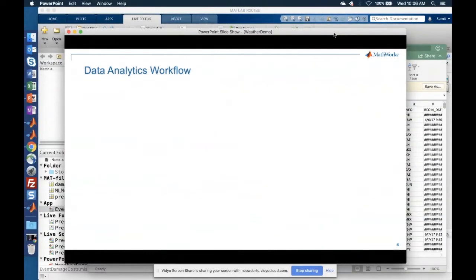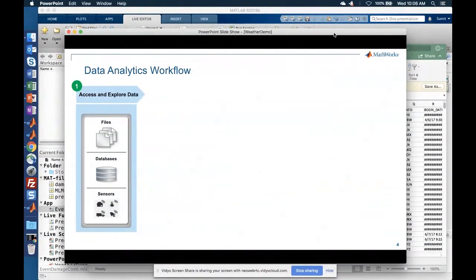Now, before I get into showing you a demo and showing you MATLAB in action, I just wanted to talk a little bit about the data analytics or machine learning workflow at a high level so that we are on the same page. The first thing we need for any workflow like this is data itself. And data can come from different sources. It can come from different types of files, like text files, image files, signal files. It can come from databases, or it can even come from sensors. We live in a highly connected society right now, with access to lots of low-cost hardware, which of course has sensors. So we might be getting data from those sensors that we can use for making informed decisions.